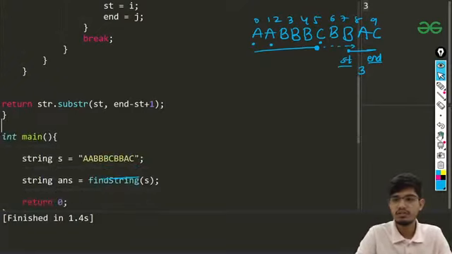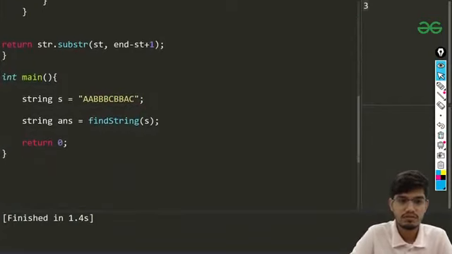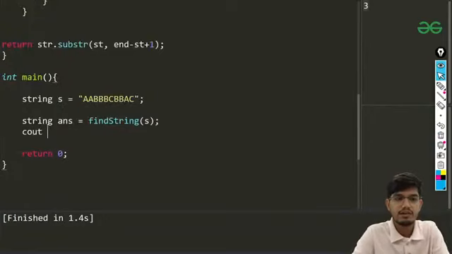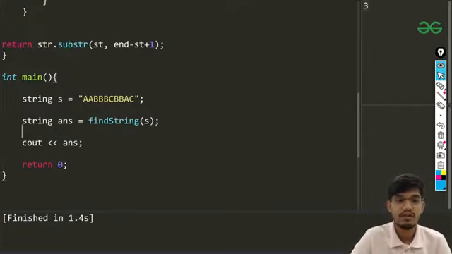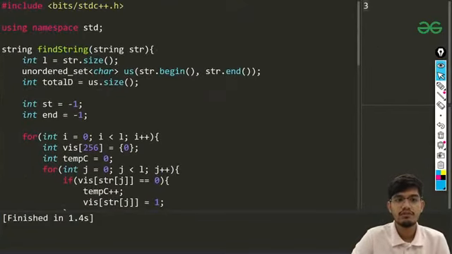Before running the code, let us look at this once more. Here we have a string, and we didn't print it, so let us print that first. Here we have this string s, then we are calling this function find str, and printing whatever value the answer gets. In this function, when we enter, we get the length of the string. We are using another set for finding the total number of distinct characters present in the substring. For example, in this string, we'll be getting the length as 3.